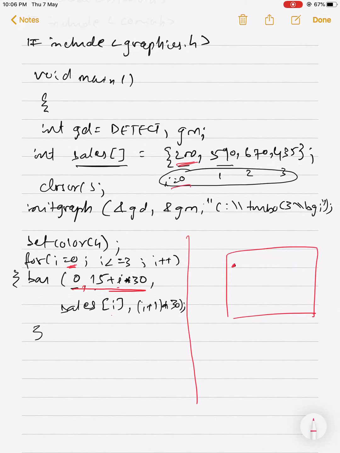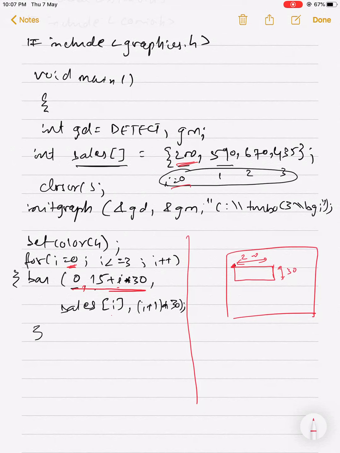So the next bottom point is 200 comma, so horizontal is 200, and i is 0. So like this it will go. This is 30 and this is 200.